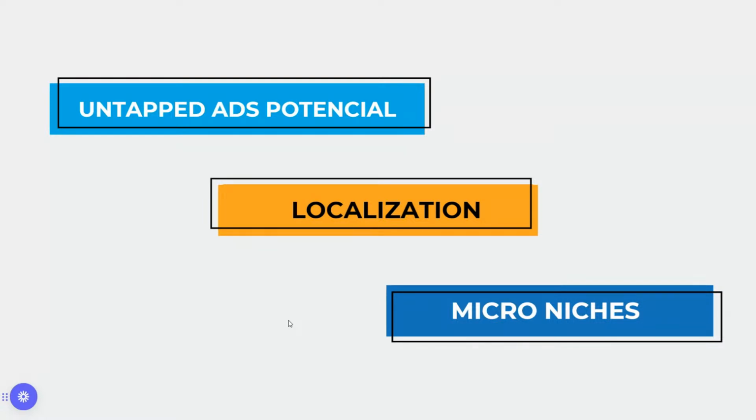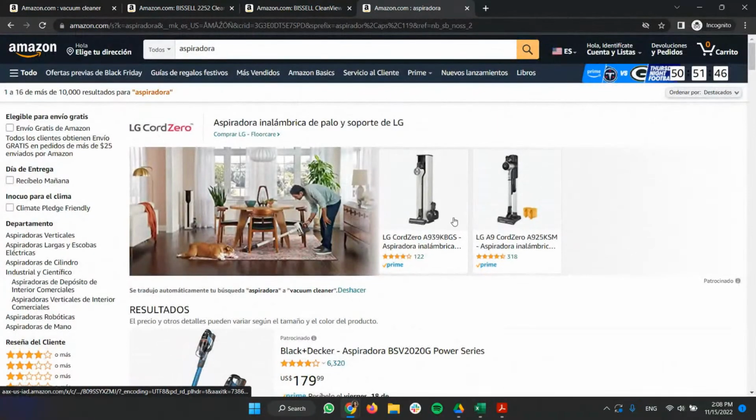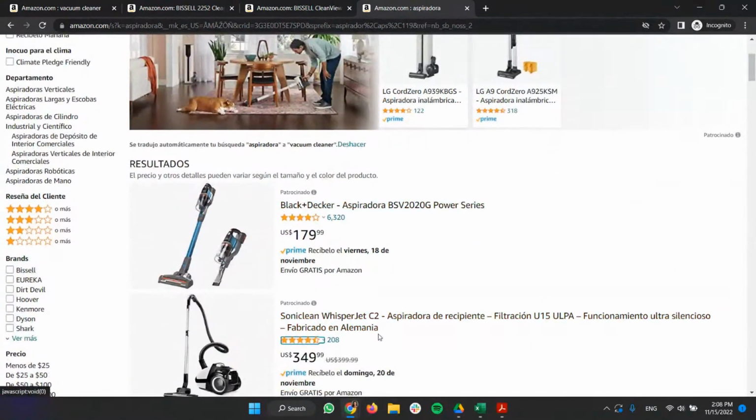But the other part, after you optimize for Spanish, one of my favorite things about this whole thing is that you can really drive up the revenue, because the ad potential is huge. Like nobody, well, no, not nobody, but fewer people are advertising for Spanish keywords. And because of that, the cost per click is lower and you have less competition. So as you can see here, look, I have the banner, so the sponsored brand. I have 1, 2 sponsored ones. You're just 2 on top of the search.